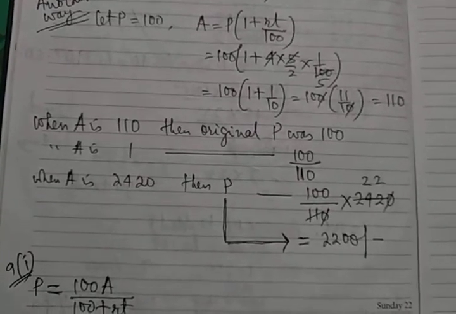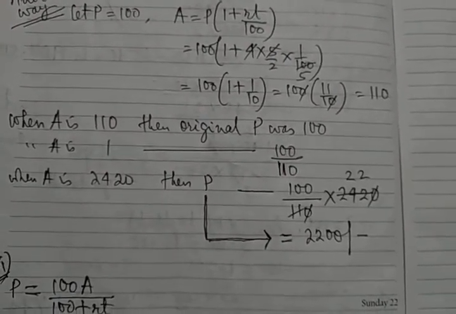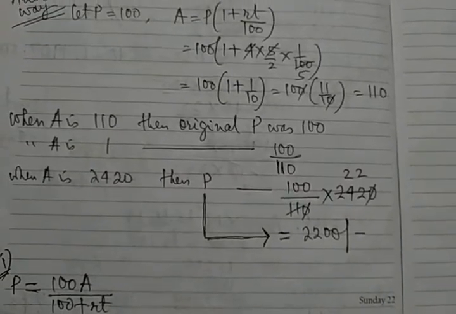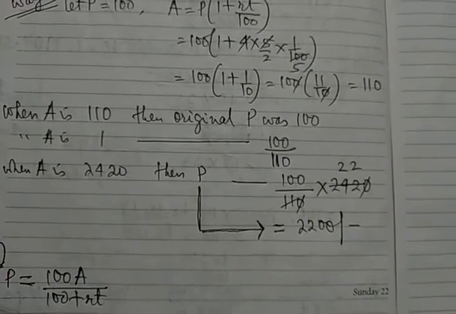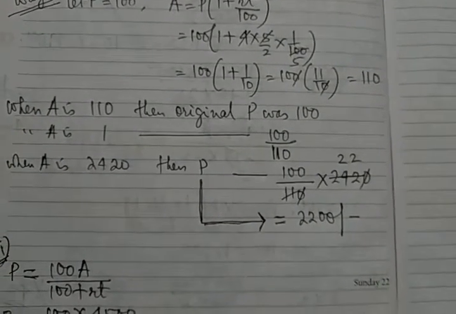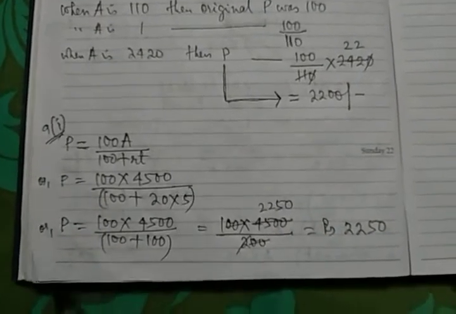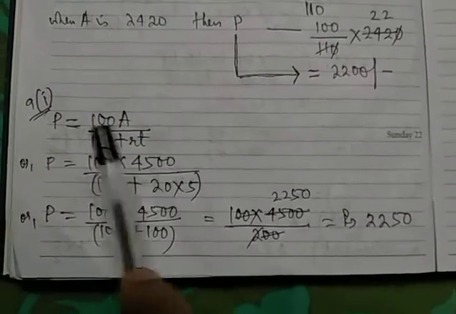In your book, you can see the solved examples. They have taken the principal as X, found out the interest, then principal plus interest is equal to amount, meaning they have gone in terms of the algebra mode, an equation. You can choose that also, no problem. If that is suitable to you, you can carry on. I have done one more sum, number 9, number 1, using the formula only. If you use the formula, it will be simple. Class 8 and all, higher class also you will need it.